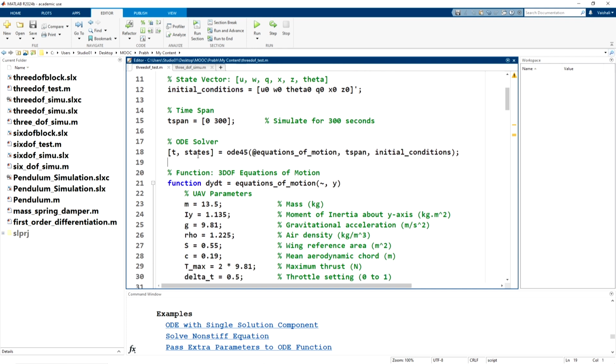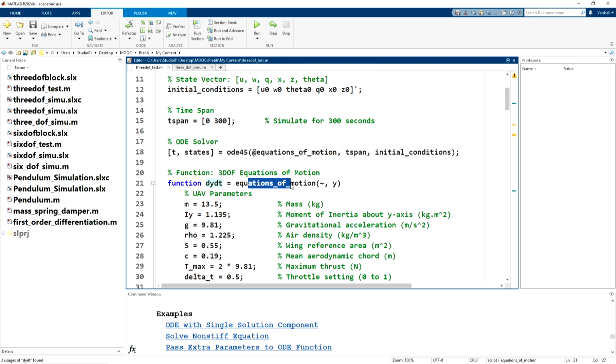And when MATLAB runs this line, command 18, it searches for equations of motion. Either it searches within the MATLAB code or within the folder. I have provided it within the code. So here we have the function file, equations of motion. Remember, the name should be exact, otherwise it will not match and it will throw you an error. This is the output vector, output dy dt. I have mentioned it as dy dt.